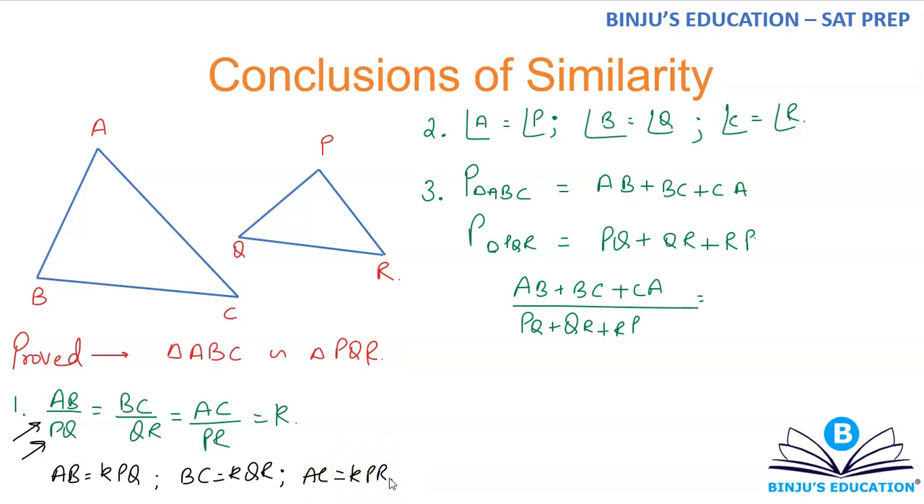So instead of AB plus BC plus CA, I can write K times (PQ plus QR plus PR) divided by (PQ plus QR plus PR). Cancel these two and you will get your answer as K. So if the sides have the ratio of K, then their perimeters will also have a ratio of K. Fourth,